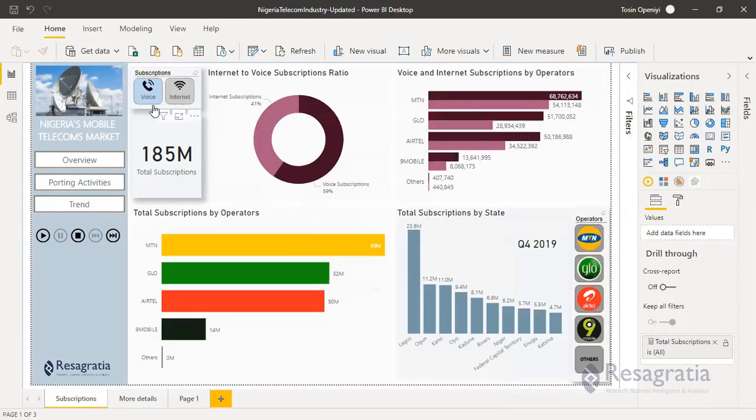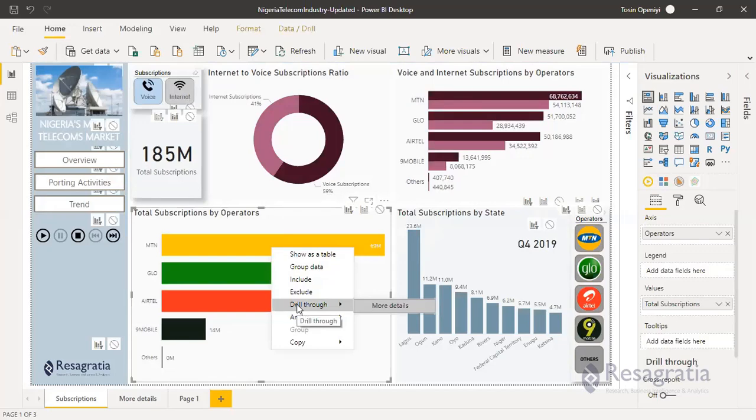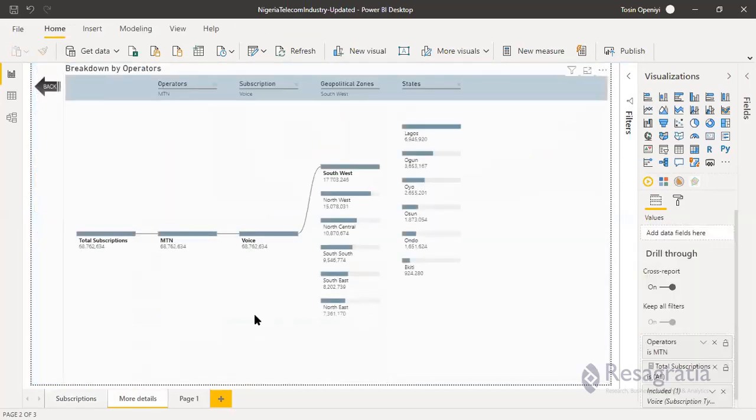So Toby, what is happening is that at the point of drilling through, this particular default slicer is also influencing it, so it's giving us just the voice data now.